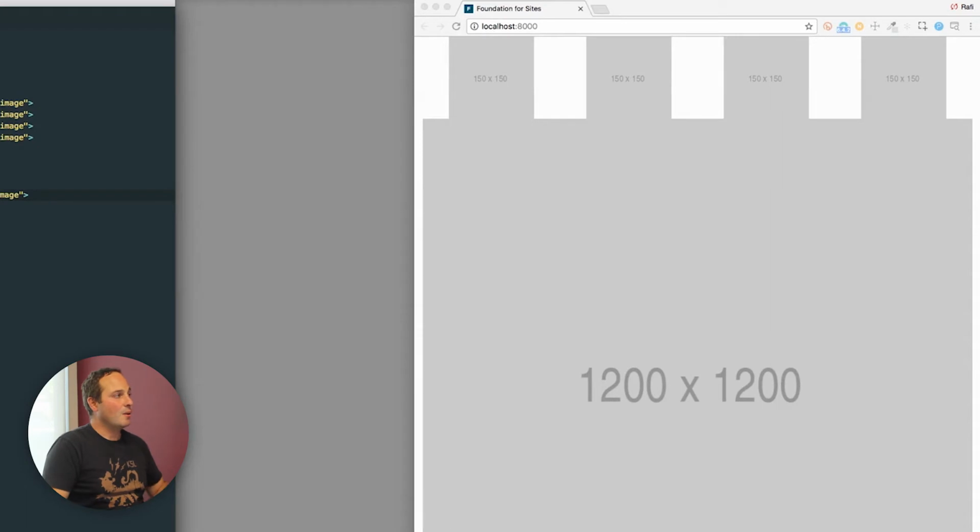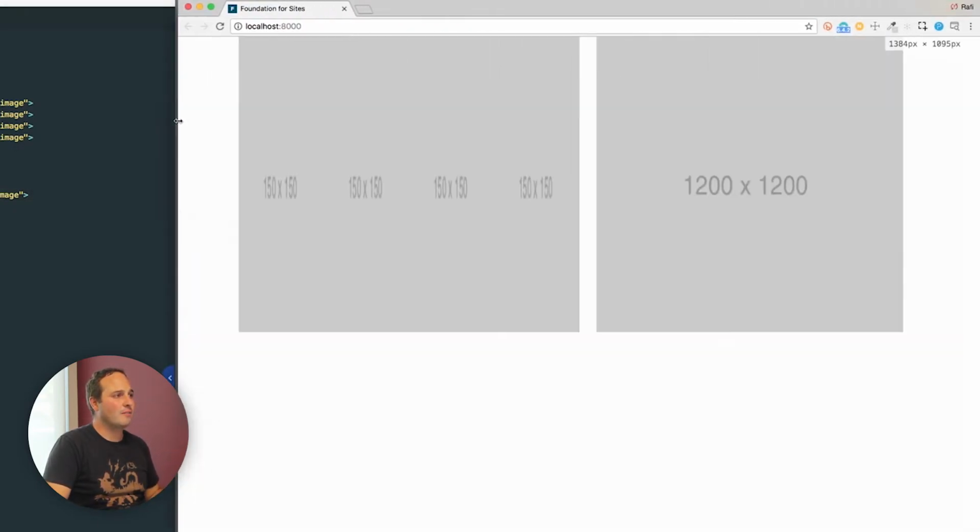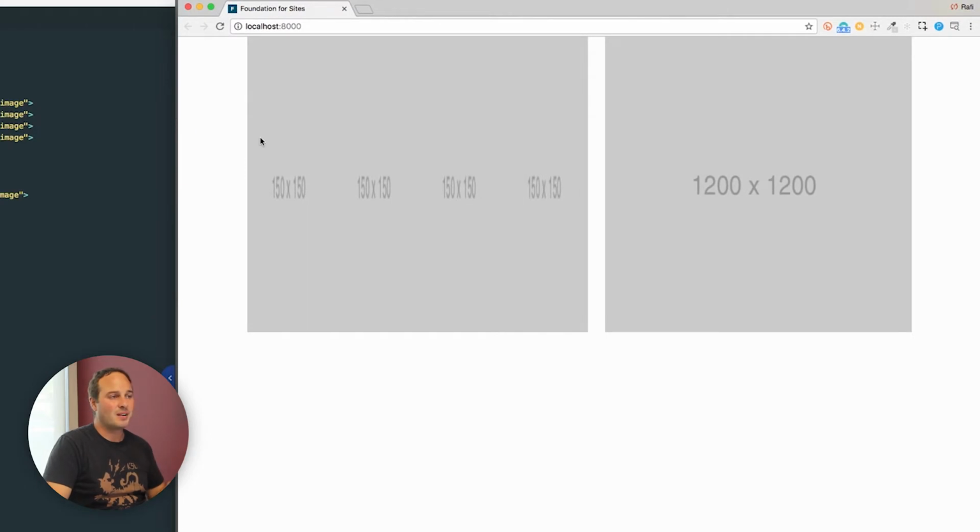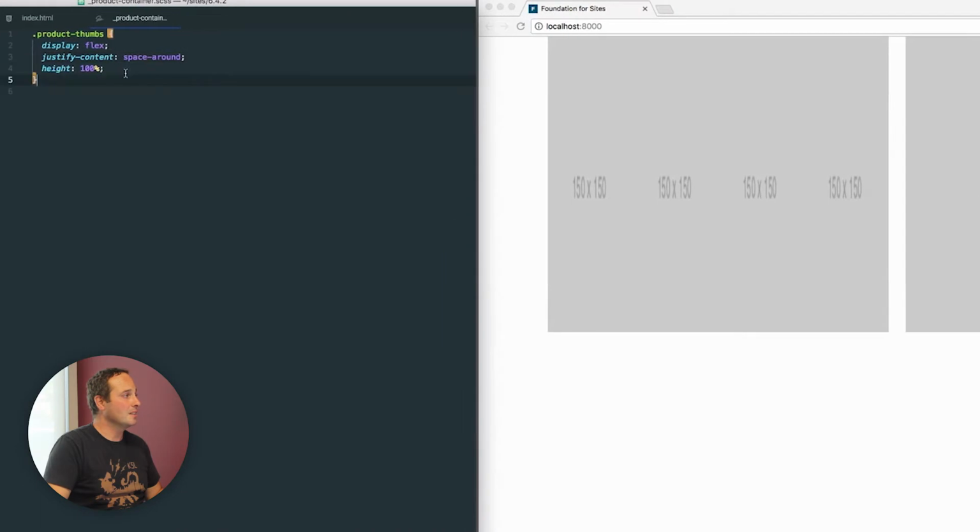Okay, great. So now we have our product thumbs on top, and we have our main image on the bottom. So we want to actually flip those things and make this happen. So first of all, before we do that, let's make sure that we have all of our responsive adjustments done. Okay, so now we need to accommodate for a large and up size screen. So what we're going to do is add a media query in here. Actually, we can take this height and take that with us. So we'll do @include